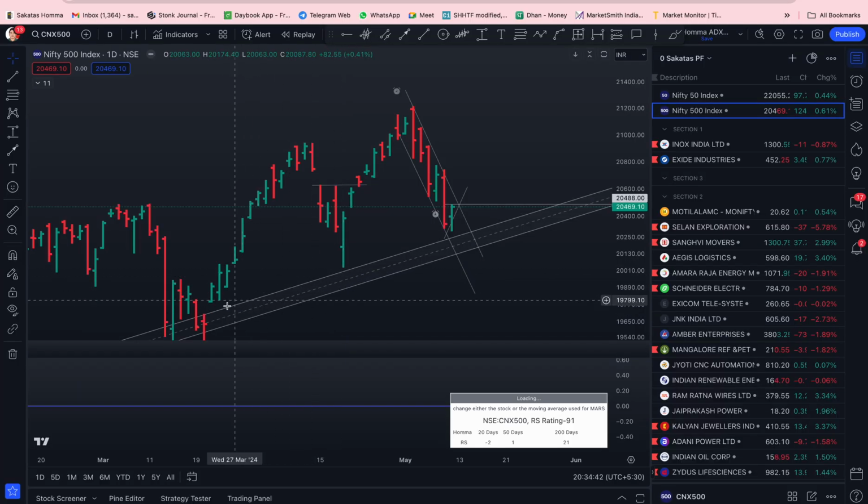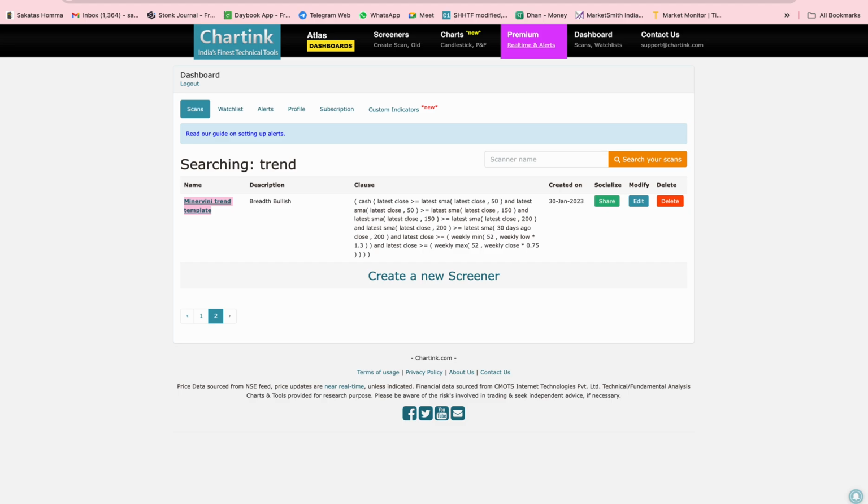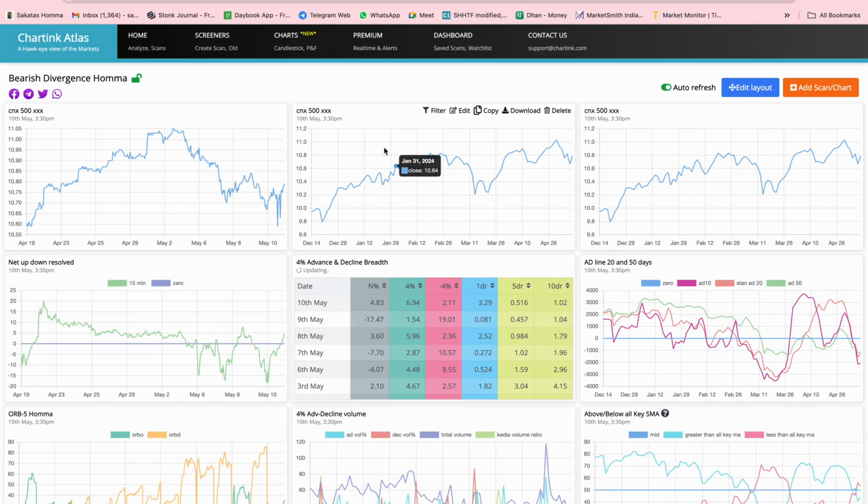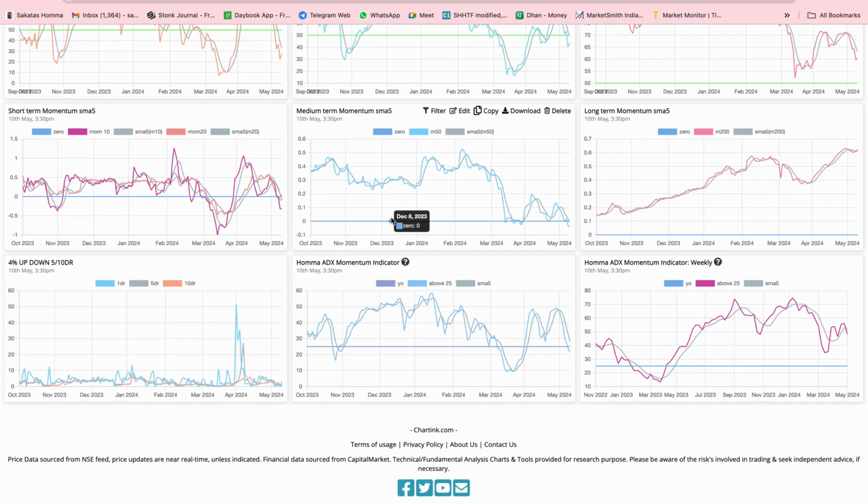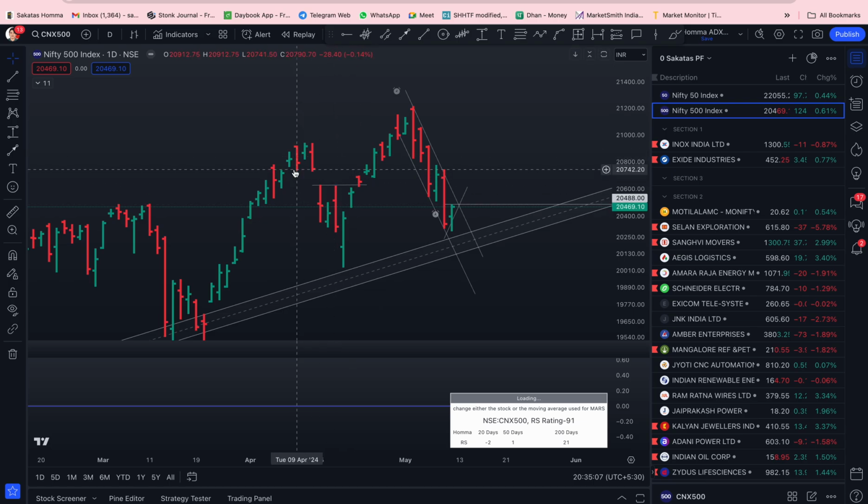So what happened on March 21? March 21 we sort of reversed from that day, okay? Now if you see the topping periods, when did we cross the ADX, the momentum cross back? That happened on 10th April, right? Let's see what happens on 10th April. 10th April we topped. The same day momentum crossed back, right? Now again, the question now is, hey, Prakash,